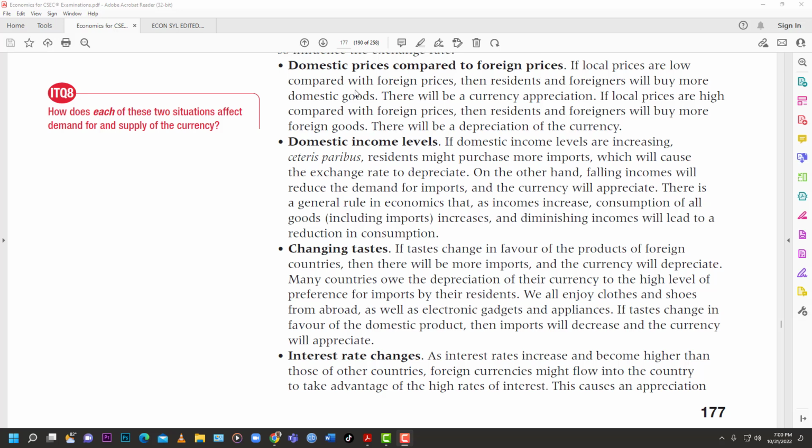So if you have high interest rates in your country, then foreign currency is going to come in, and this will cause an appreciation because they now have to buy your currency to invest, right? They have to buy your currency now to invest because they want to take advantage of the high interest rate, and so they're going to buy up the currency to invest because for them, their currency might be able to stretch further, and so they're going to increase the demand for yours,